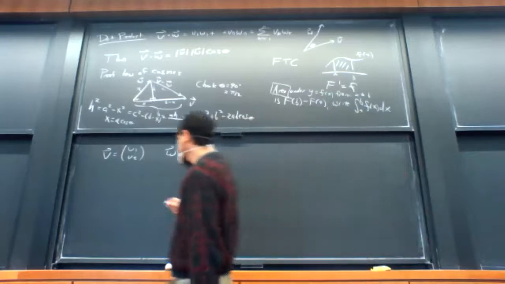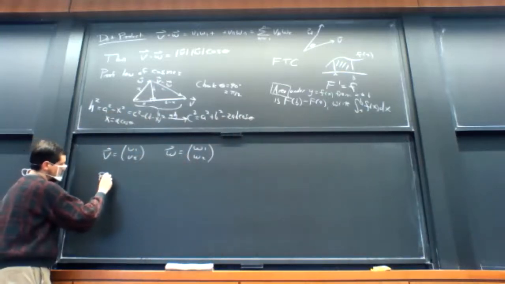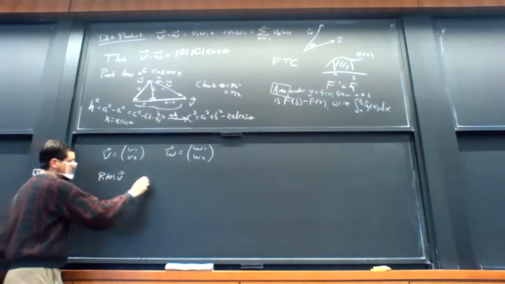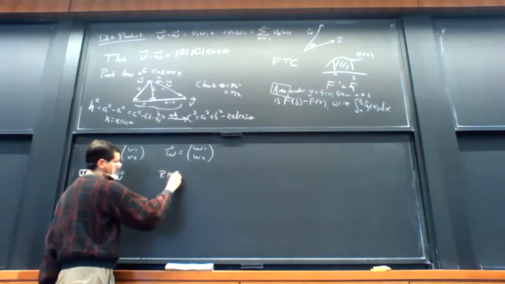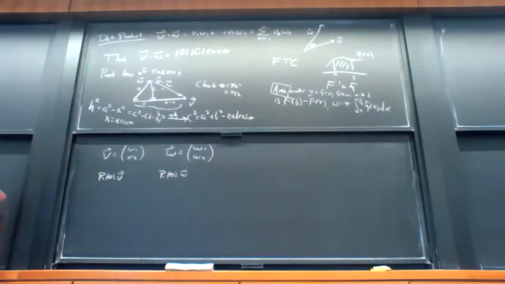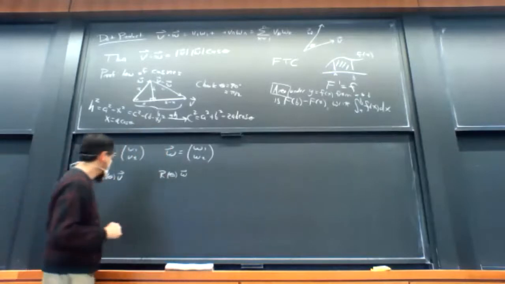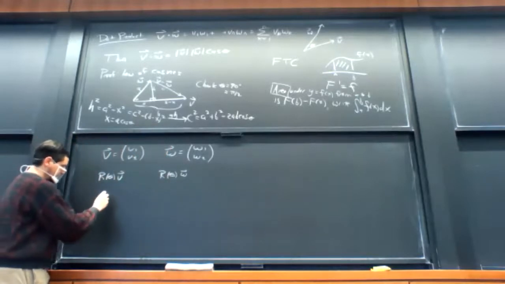Right. So we can look at R theta of v and R theta of w, and then we want to look at their dot product. So these are going to be two new vectors. And so when you go through and do the dot product, it turns out that